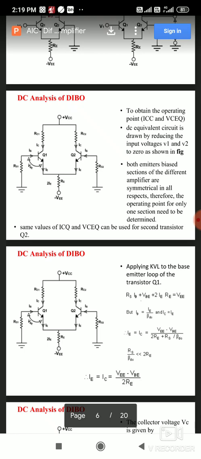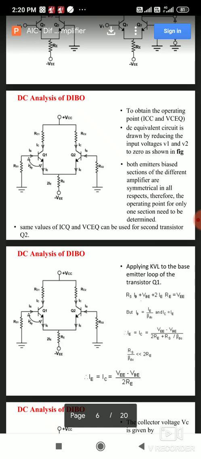There are many types of biasing circuit. Self bias is there, voltage divider bias is there. Are you getting my point? We are not discussing all these types of biasing, we are just recalling them. Now the biasing will decide the switching on of the transistor, and that will decide the operating point. So the operating point is the central point where the output characteristics meet the DC load line. So the DC load line is very important.